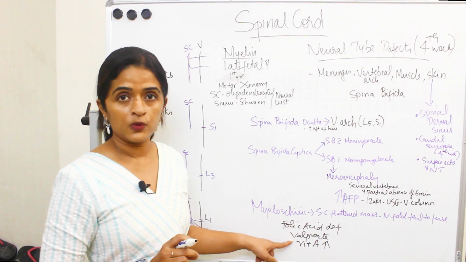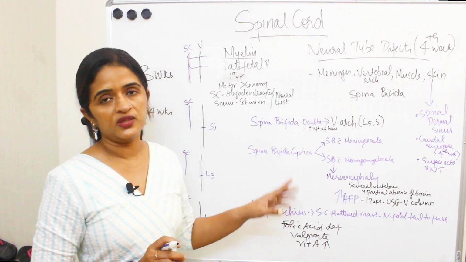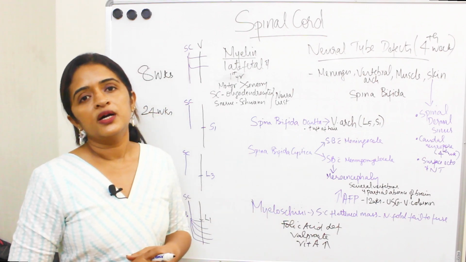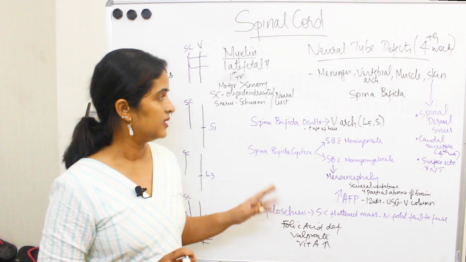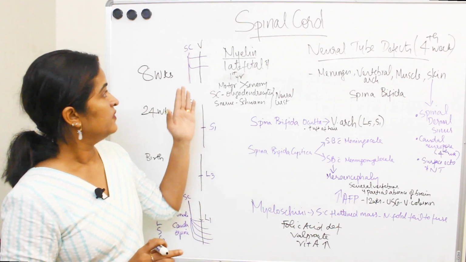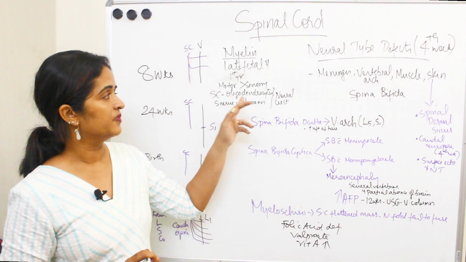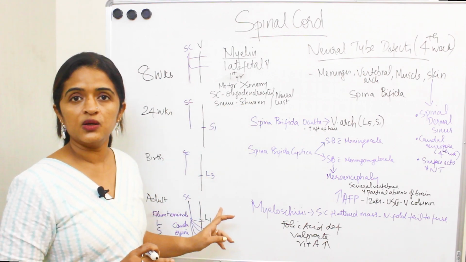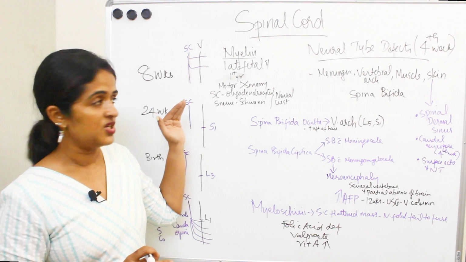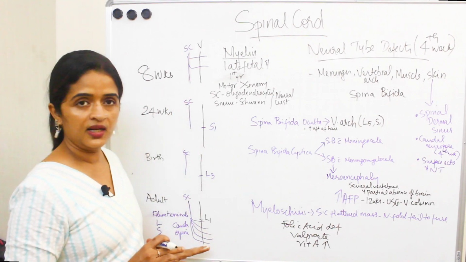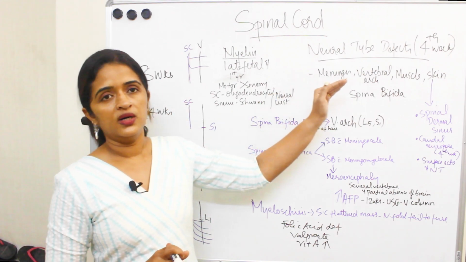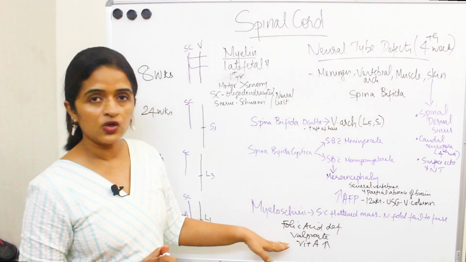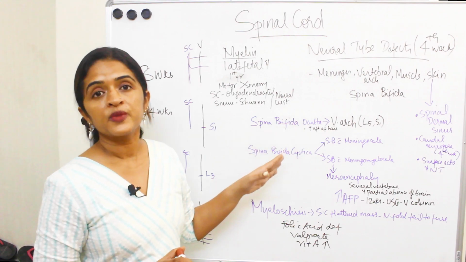Now, intake of valproate is also related with the neural tube defects, and increased vitamin A intake is also connected with the neural tube defects. Now, I will just sum up. We have seen the myelination, the oligodendrocytes and the role of Schwann cells, then the positioning of the spinal cord, the changes in position from 8th week till adult period. Now the neural tube defects, what are the factors causing neural tube defects, as well as the different variants of